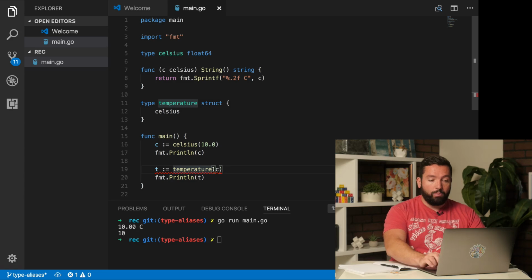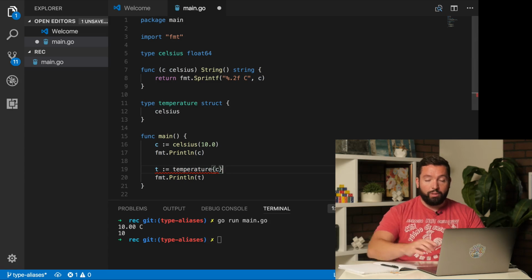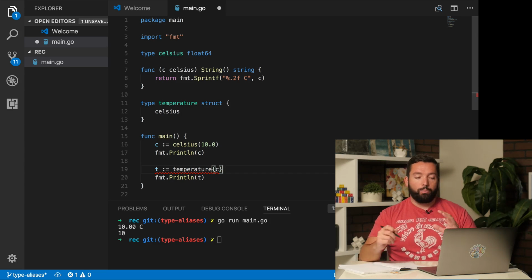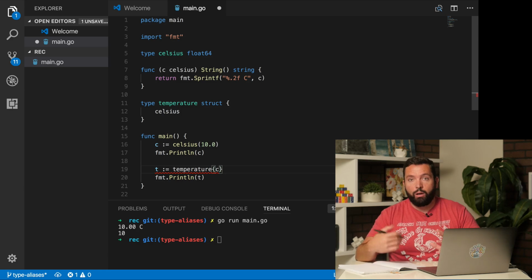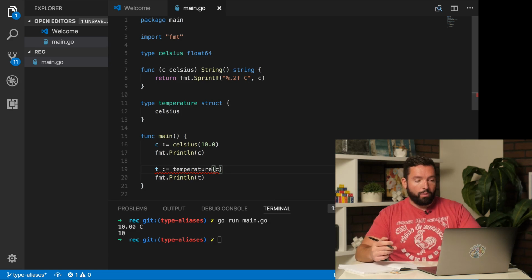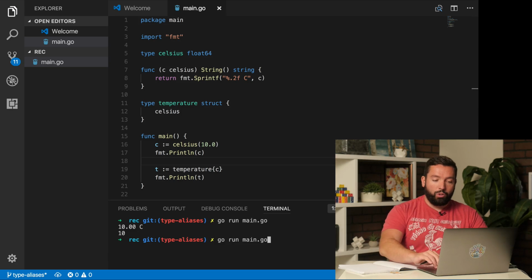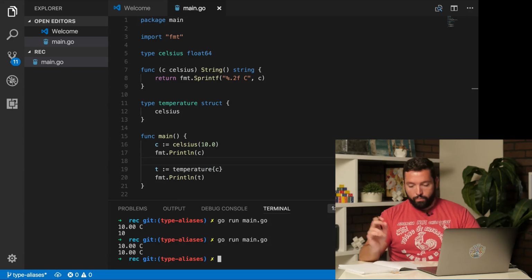So instead what we do is we're creating a temperature that has a C. That's why we're passing from the parentheses of the type conversion to the curly brackets of struct literals. And now this should work. Cool. Okay, so for concrete types, either we have something that has the same memory layout, so we can do